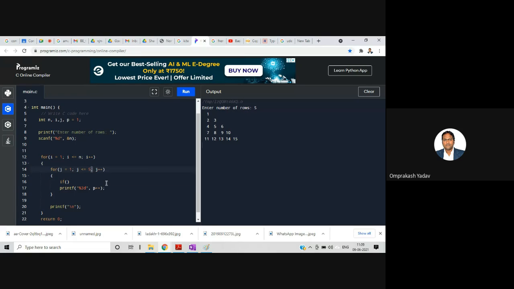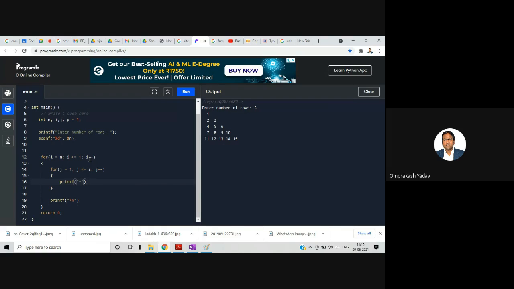First of all, this one I'll write I equal to 1, I greater than equal to 1, I minus minus, and then this loop, j less than equal to I. We have to print star.